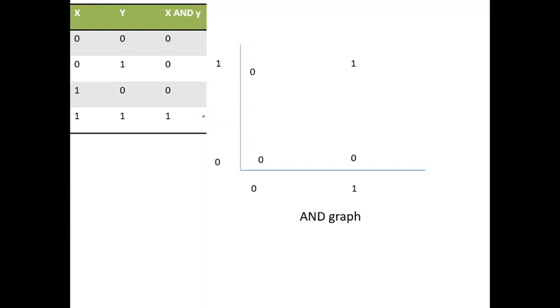Now I want to separate this into two different sets, one set zeros and another set ones. So this is linearly separable. Now you see here, with a single straight line, I am getting zeros into one group and ones into another group. So the AND gate is linearly separable.